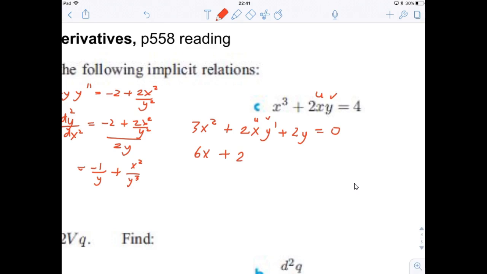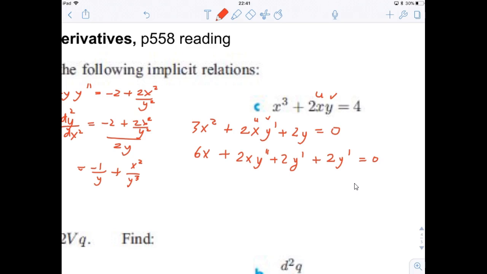So it'll be 2x times the second derivative of y, plus 2 times the derivative of x, which is 1, times y dash, plus, and the derivative of 2y would be 2 times the derivative of y. Okay, now,